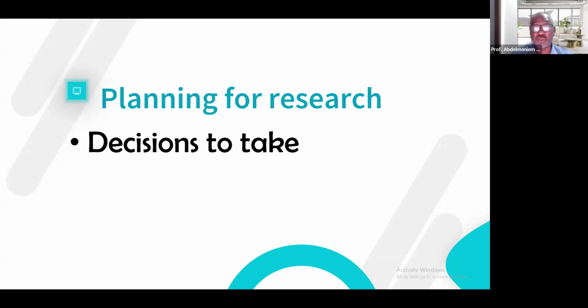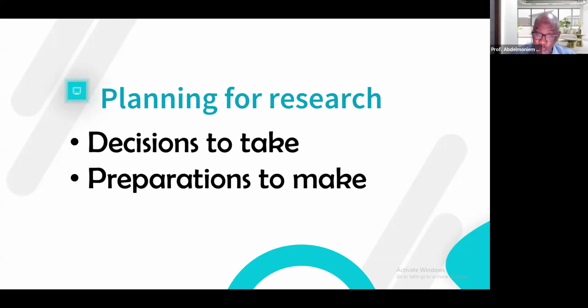So how can AI accelerate the process of decision making? And then there are preparations to make. You need to prepare a data collection form. You need to prepare a literature review. You need to prepare a research proposal. So there are preparations to make, and there are decisions to take.